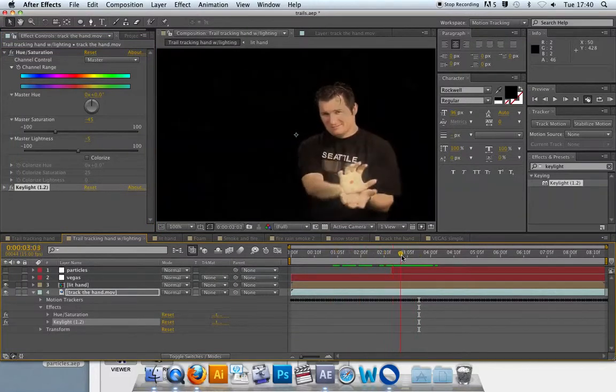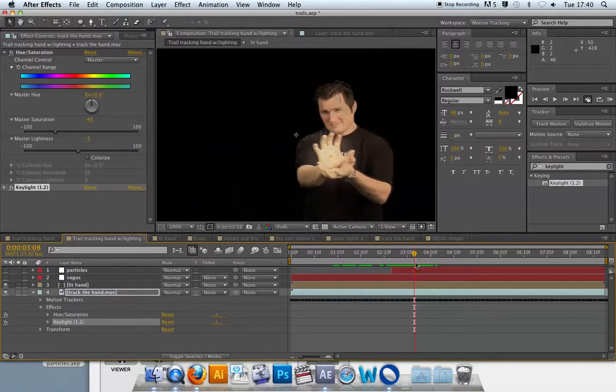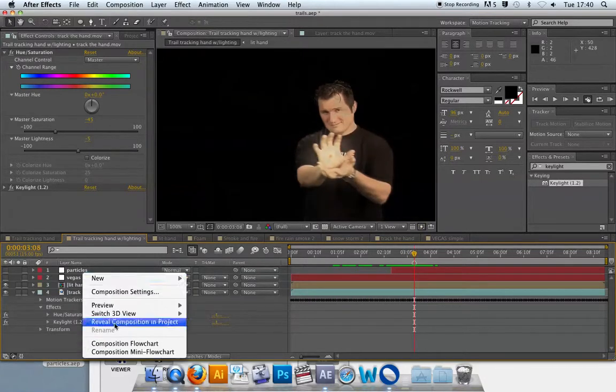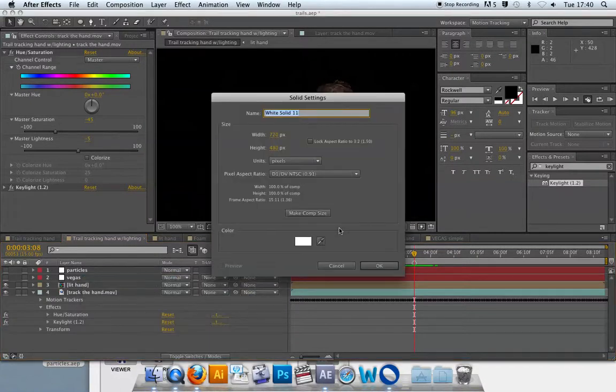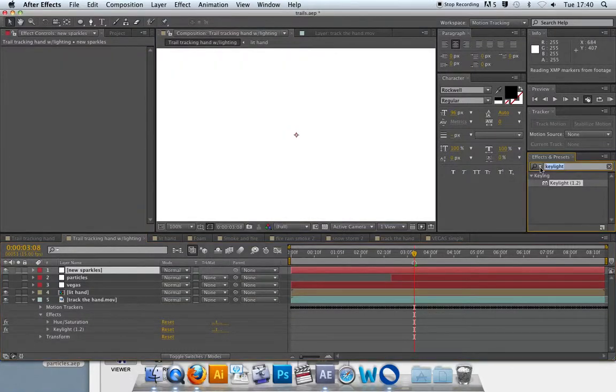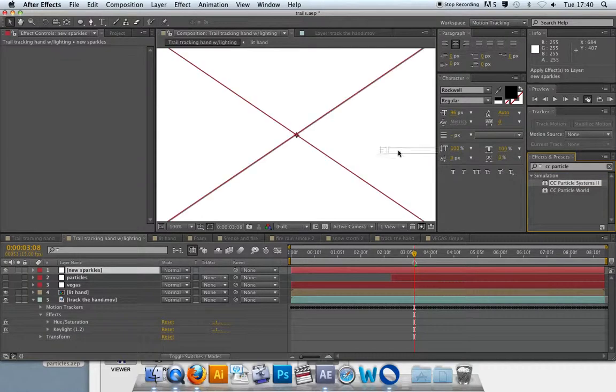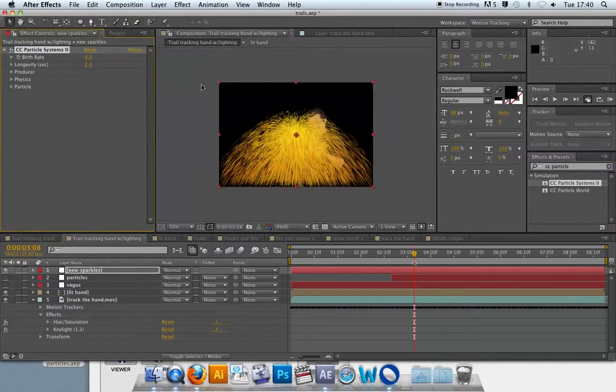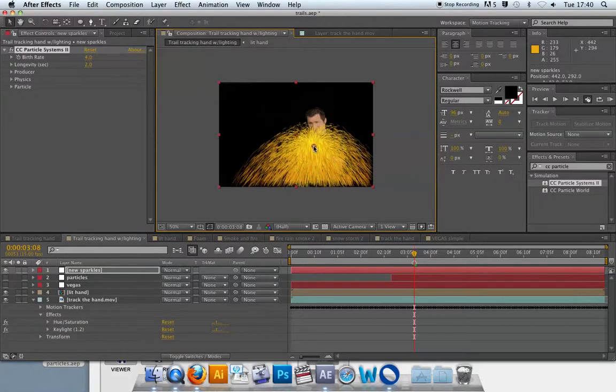So let's say again, it's when the hand goes up there over his t-shirt, that's where we want the sparkles to happen. So I'll just drop a marker there so I can just remember where on the timeline I want them to come in. I'll create a new solid and call it new sparkles and look for that CC Particle System 2. Now there's no chroma key or rotoscoping or motion tracking or anything involved in this, but I will pull the producer down to the point where I want the particles to start from, and I'll go into the particle, change